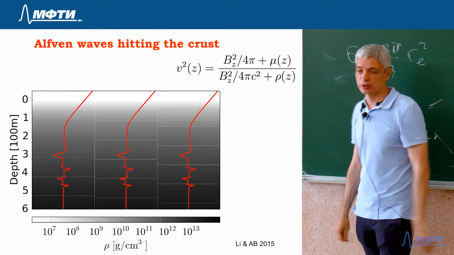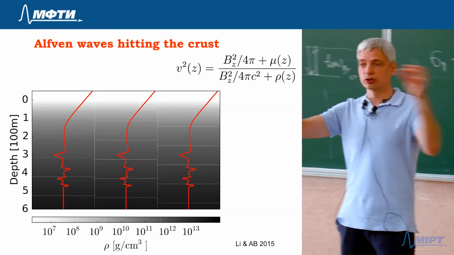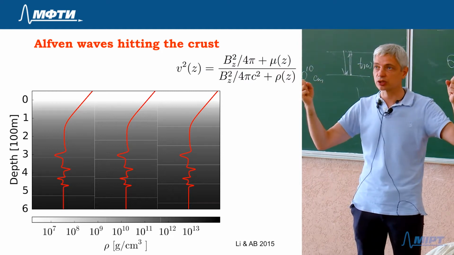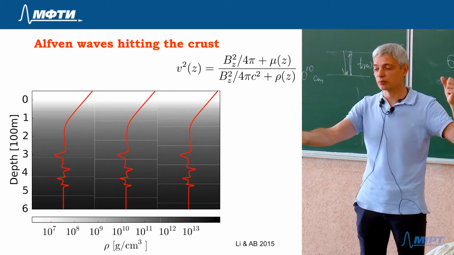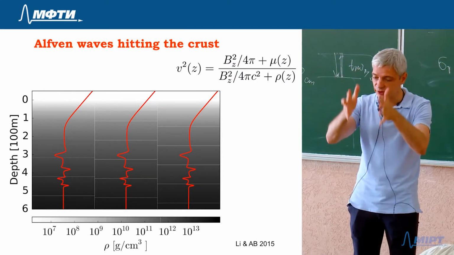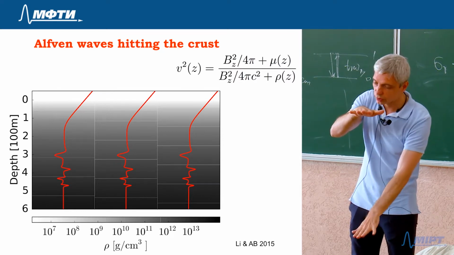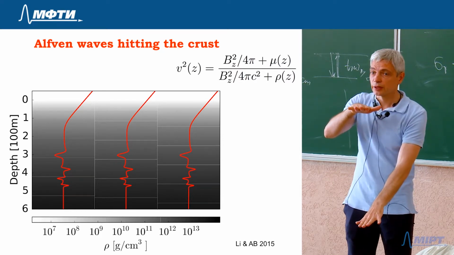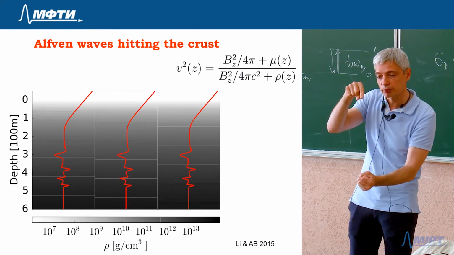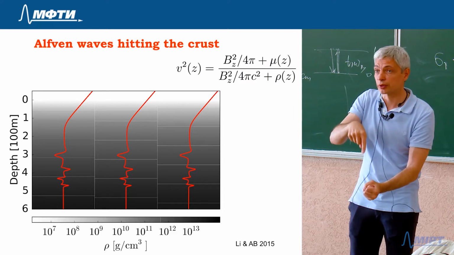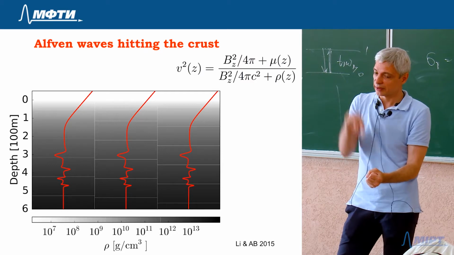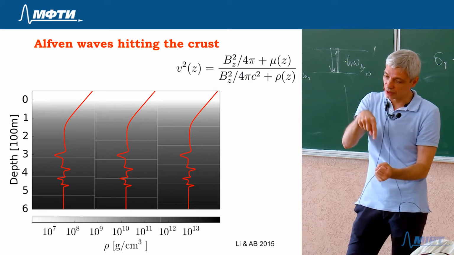So the wave speed on the string is determined by the inertia of the string, its mass density, and its tension, right? Here tension comes from the magnetic field, let's say 10 to the 15th gauss, which is fixed everywhere going into the crust, but the mass load is increasing as you go into the crust. And so the wave speed is changing as you go to deeper and deeper layers, density goes up. That means the wave becomes slower and slower. Now, if the wave becomes slower and slower, but it still has to carry the same energy flux,